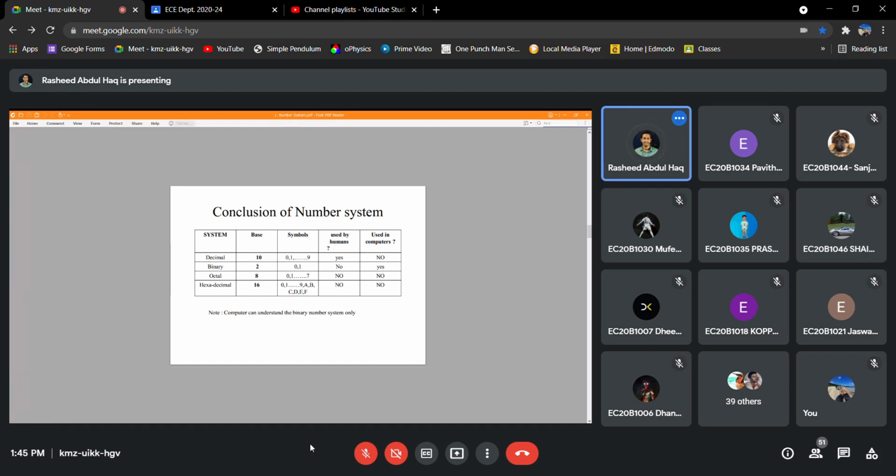So just for the fun part, when it comes to computers, we only use binary numbers, and the other number systems are used by